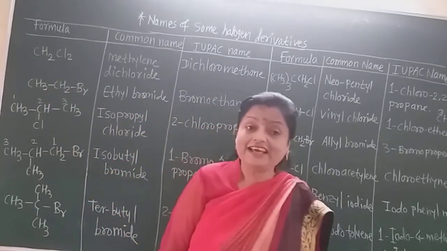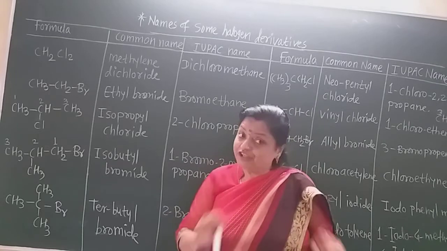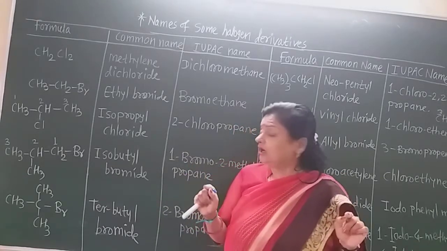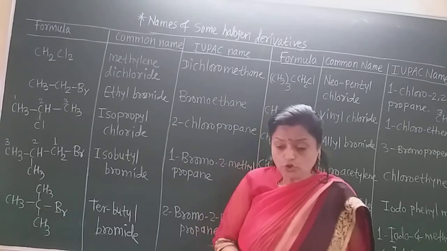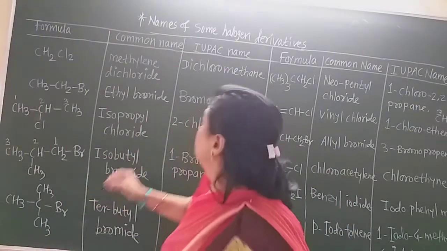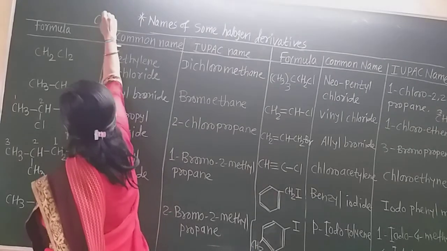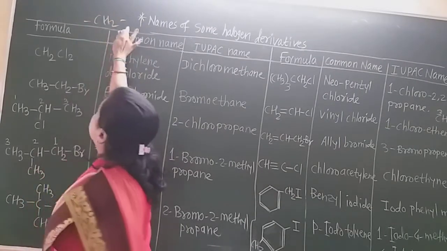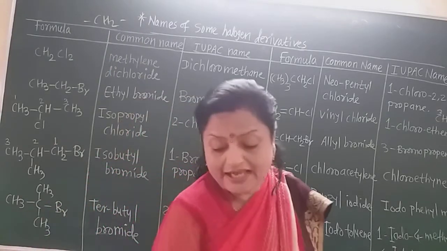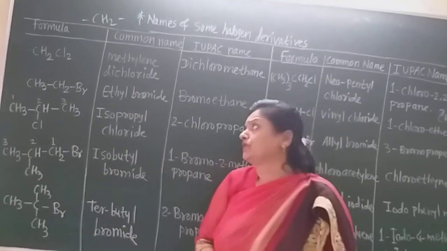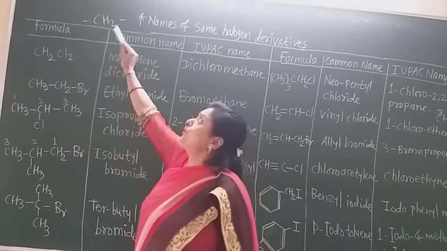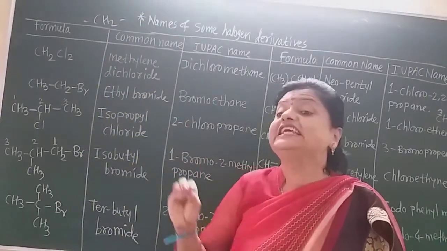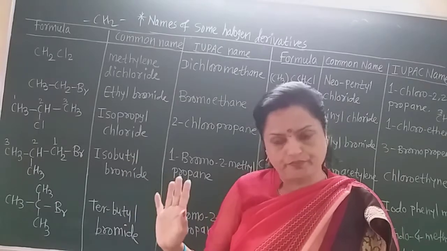And here this CH2 has 2 bonds, and on those bonds chlorine is attached. In such a group, that is the CH2 having these 2 bonds here, we can attach any functional group to these 2 bonds. Such a CH2 group having these 2 bonds around it is called the methylene group, not methyl group. Remember that.